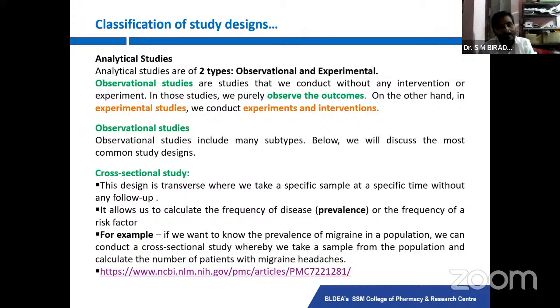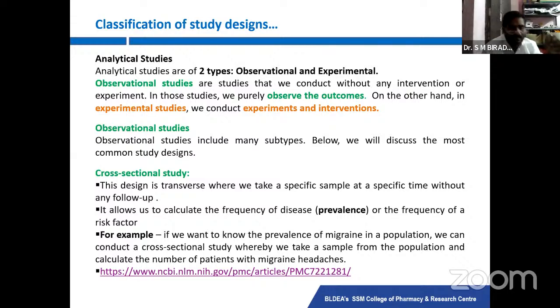They have lost their work also, meaning their occupation they have lost. So they have become immobile. Due to these two factors, they have started following a sedentary lifestyle, and they are prone to develop diabetes. And these risk factors, if not treated or if preventive measures are not started, may progress to diabetes and stroke.